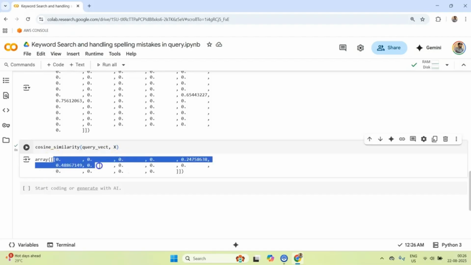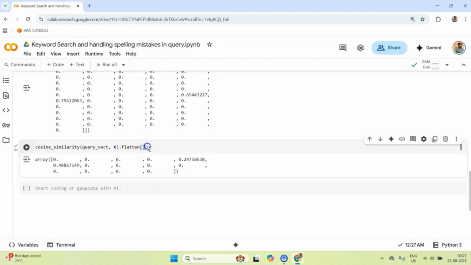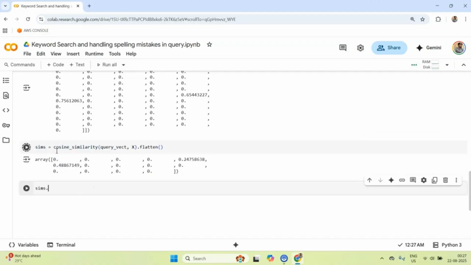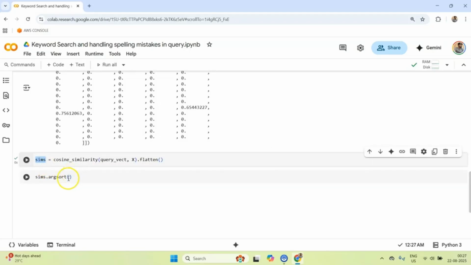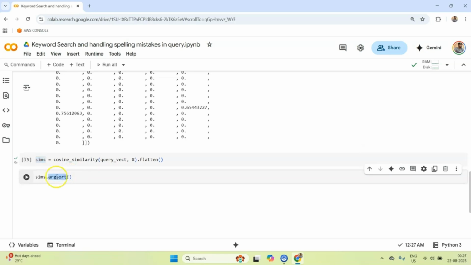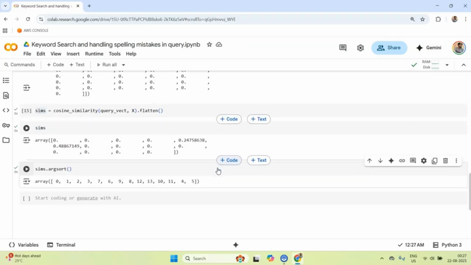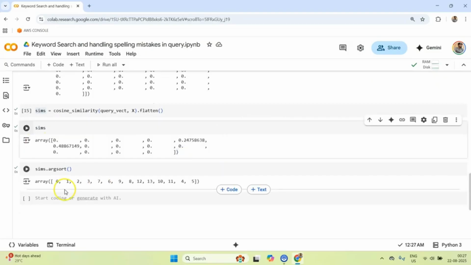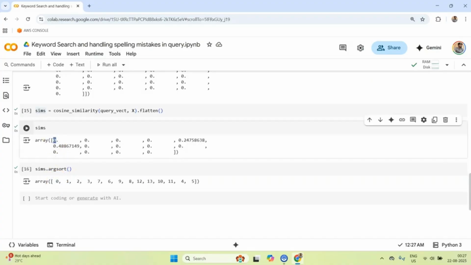But before sorting, if you notice, this is actually a two-dimensional array, so we need to flatten it first. I can flatten this by calling flatten. Now we have one dimension. I can store it in similarities, and then call similarities.argsort. I don't want to sort the entries; I want to get the indexes. If I run this, let me run similarities as well, it has sorted the similarities and is giving you the indexes of that order. But here it is giving first 0, which means the first value, which is 0.